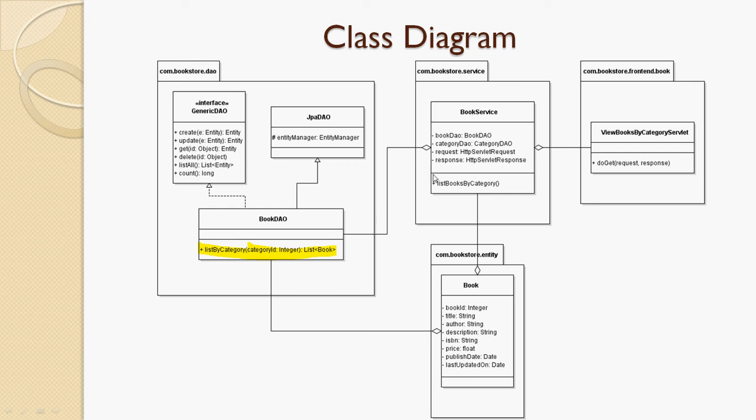And then we need to update the book service class by adding a new method list books by category. And in the controller layer, we need to create a new